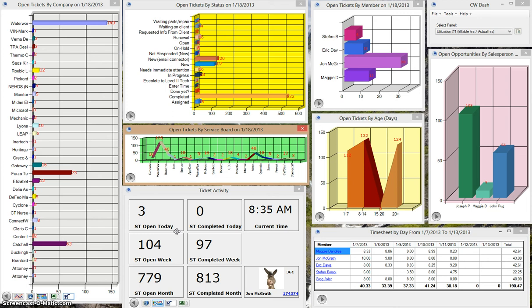CW Dash, it's been over 4 years now. We have over 1,000 users using CW Dash. Super excited this morning to talk to you about CW Dash and the newest version. Of course, there's a cloud version and there's an on-premise version. I'm going to be showing you the on-premise today, but both are available and do an excellent job, if you